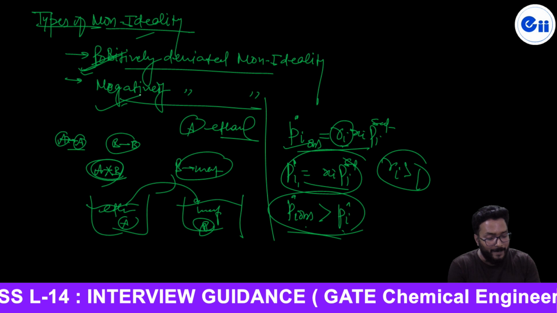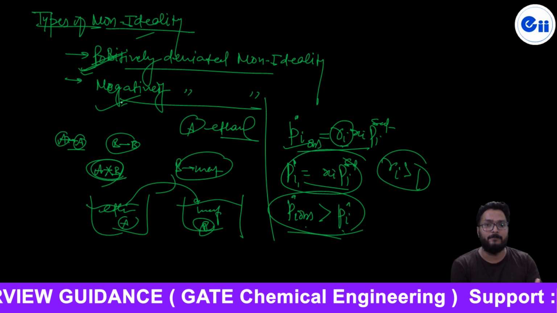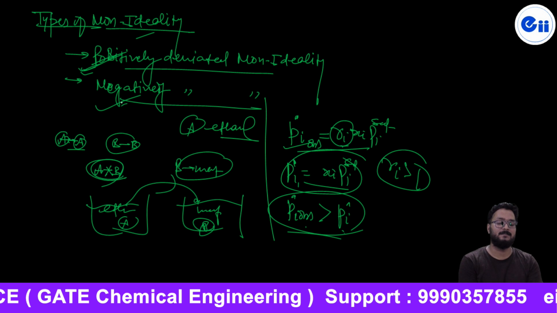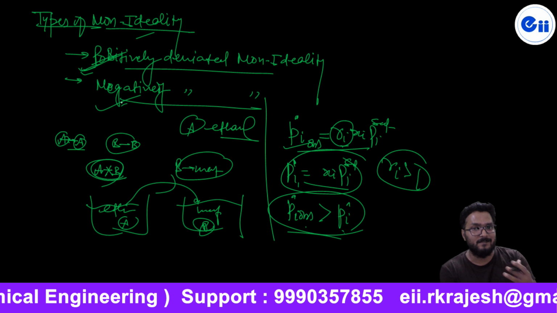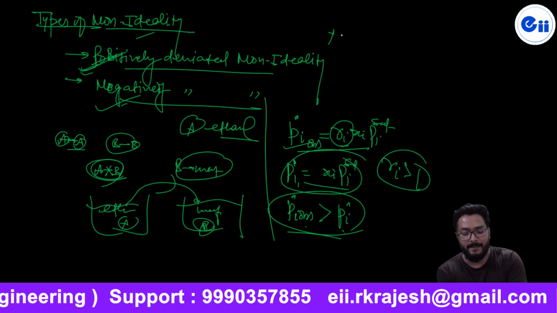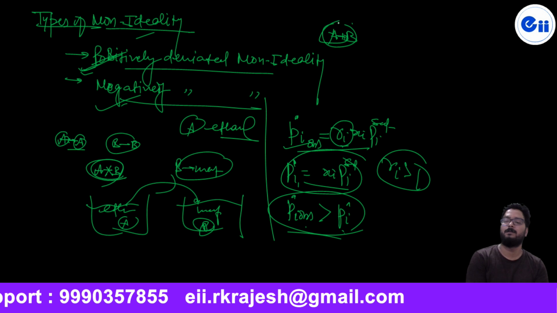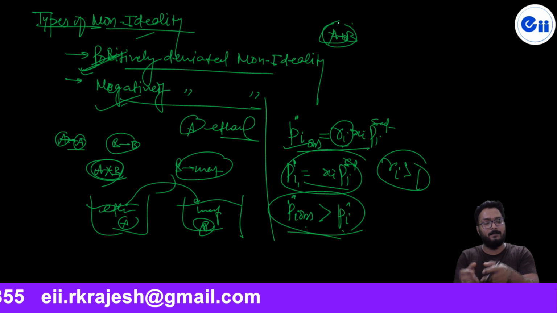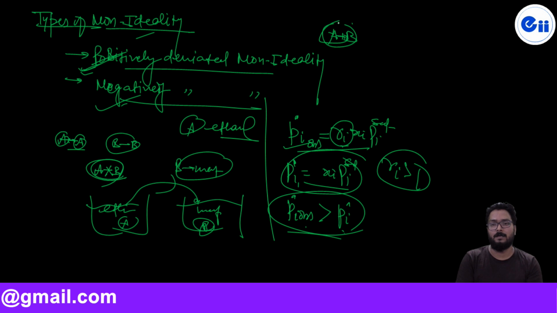Now at the same time, why is negative deviation from ideality rare or the rarest? A most rare case. Very few applications of negative deviation from ideality exist, because only in special cases can A and B reside with each other, for example if a hydrogen bond forms. In that condition A and B can reside with each other, otherwise not. And it is only a few cases.